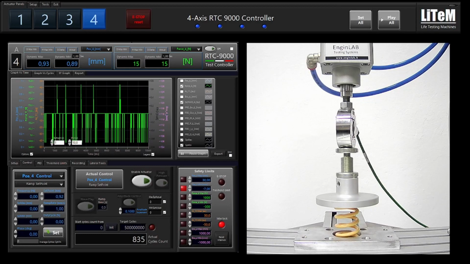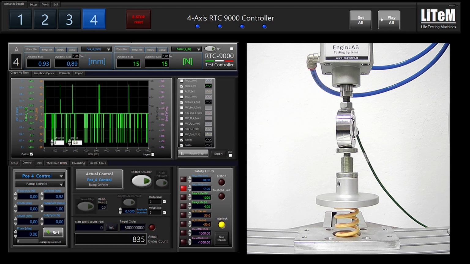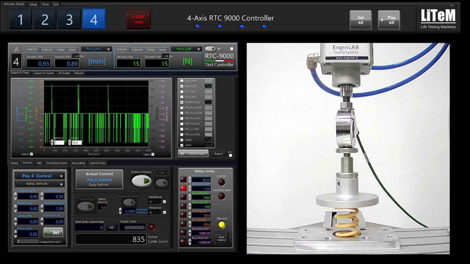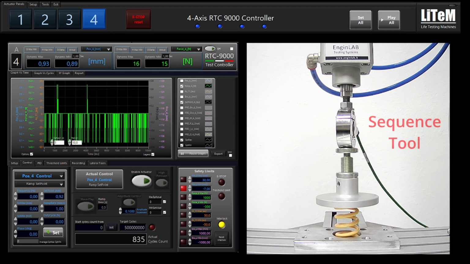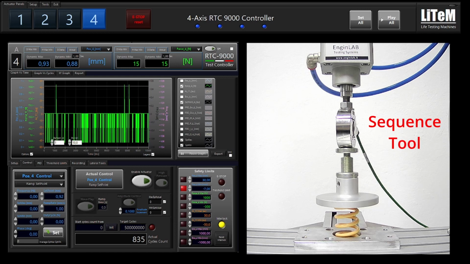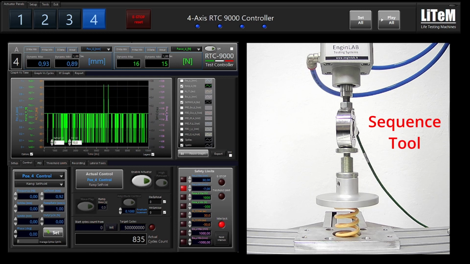Hi, I'm Mario, and today we will have a tutorial on the sequence tool that is situated inside the software of the RTC 9000 test